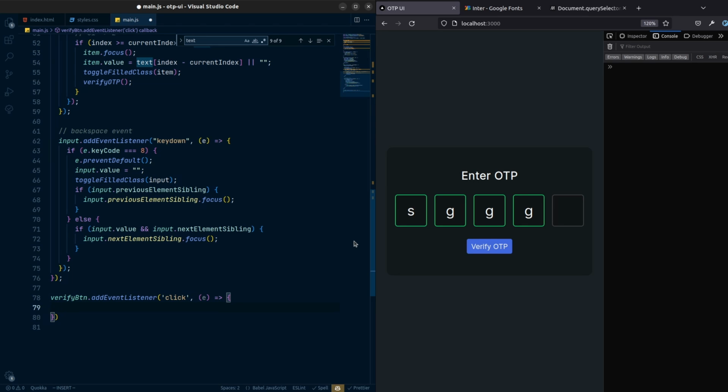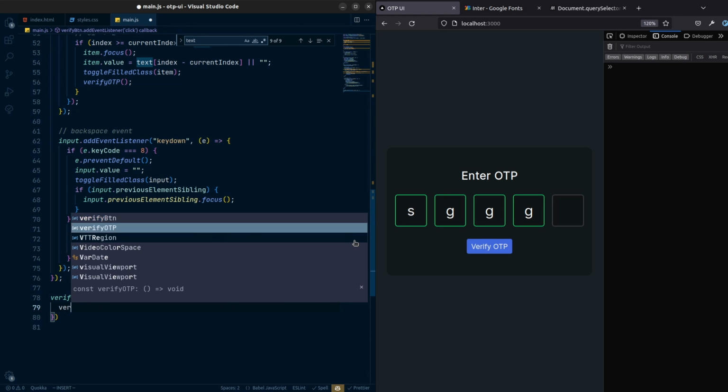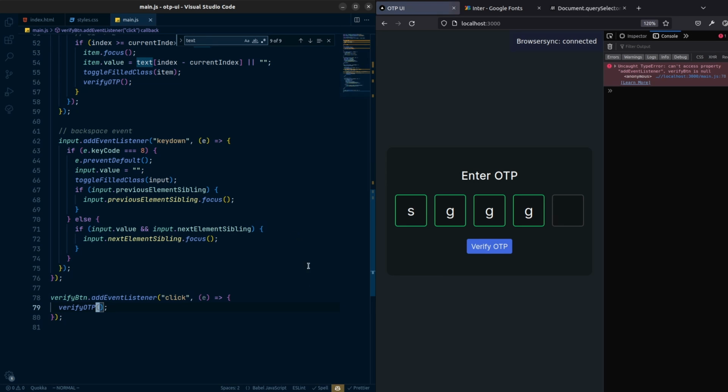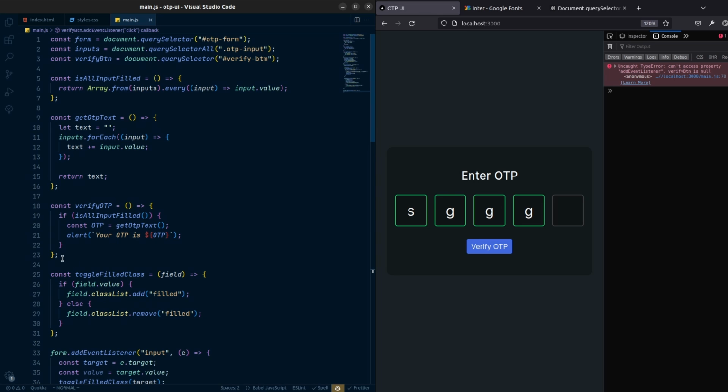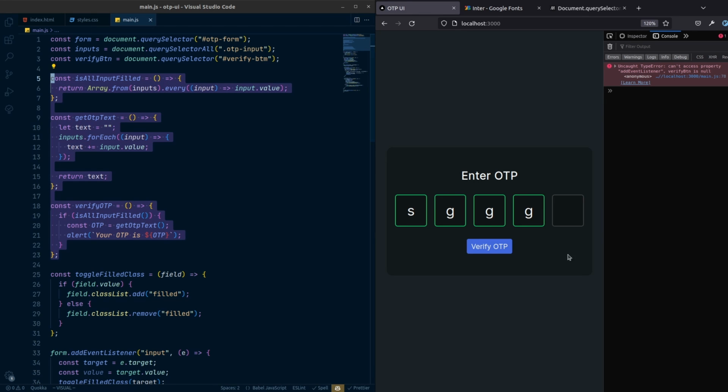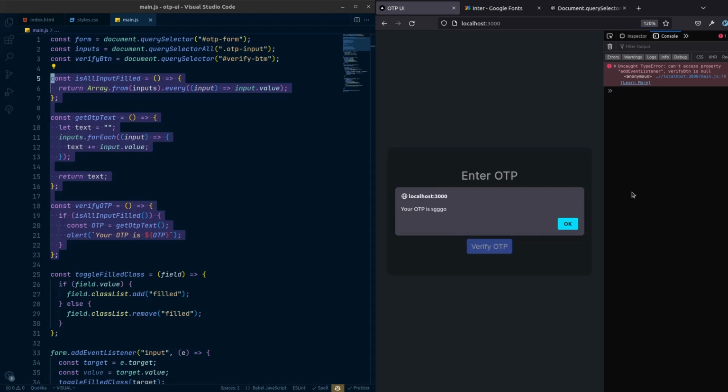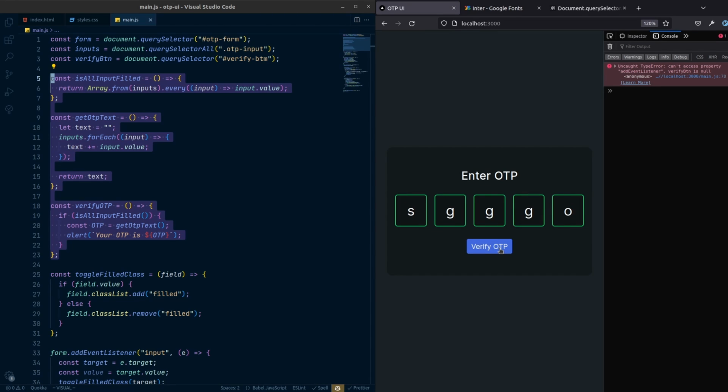I will just call verify OTP. So that's all. In our verify OTP we will do all the other stuff that we did previously. Now if I try to verify OTP, it will not do anything because it is not filled. So I will fill this and it will instantly verify the OTP. Otherwise if I try to click this,